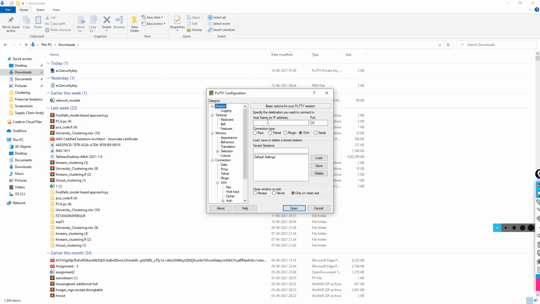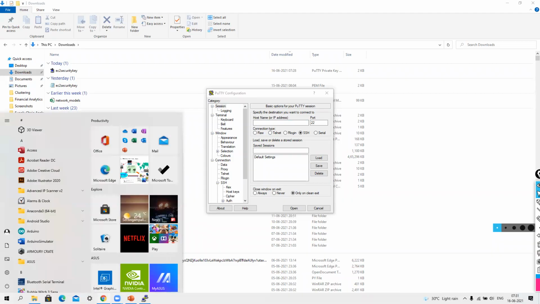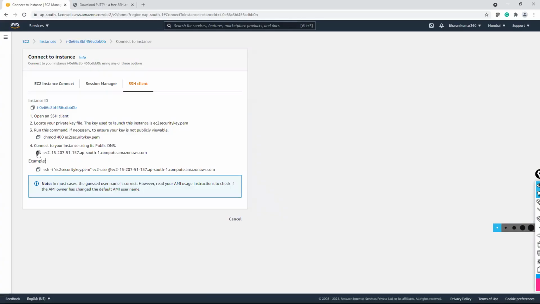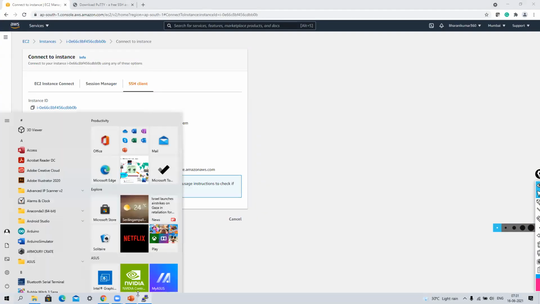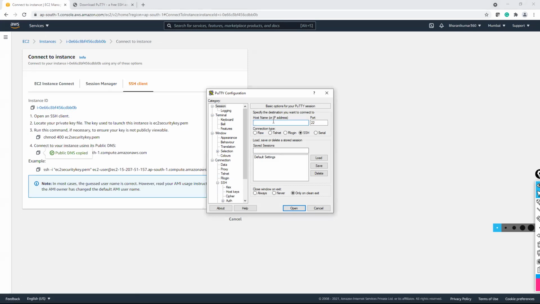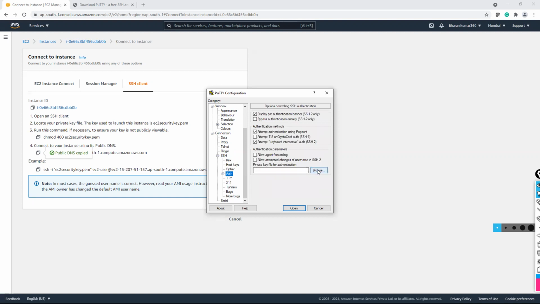Okay. And host name or IP address. Let me go to my EC2 console. Copy this. And you have to expand SSH. Go to Auth and now upload that .ppk file which we have converted just now.